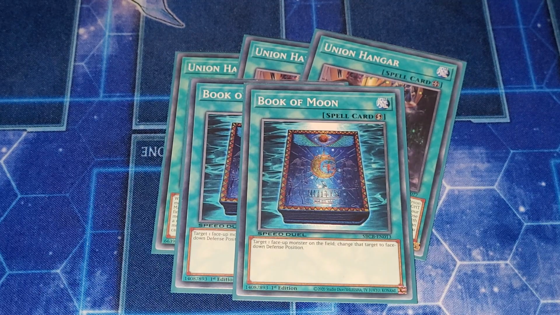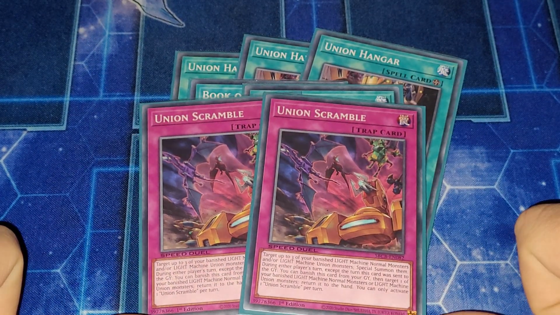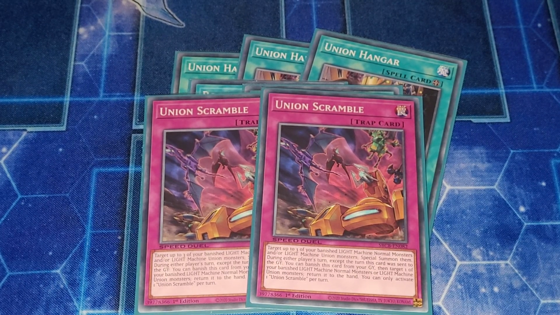Onto the trap cards. 2 copies of Union Scramble. Target up to 3 of your banished Light Normal monsters and/or Light Machine Union monsters. Special Summon them during either player's turn, except the turn this card was sent to the graveyard. You can banish this card and add 1 Light Normal monster or Light Machine Union monster from your graveyard to your hand. So it gives us recursion as well as being able to bring back more monsters on the board